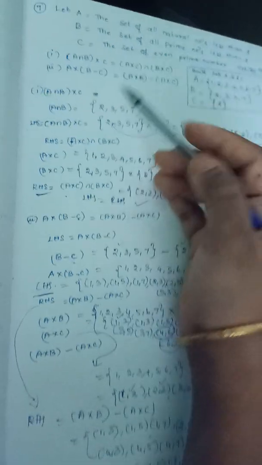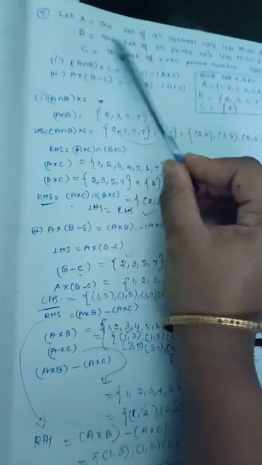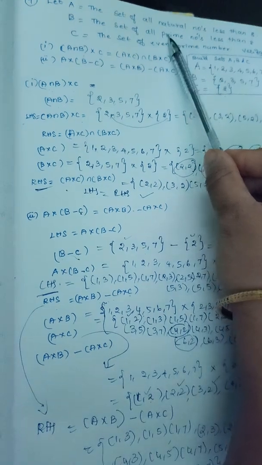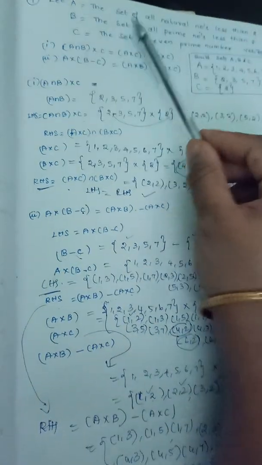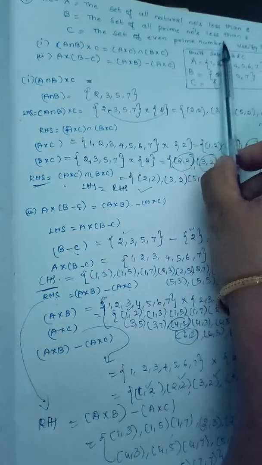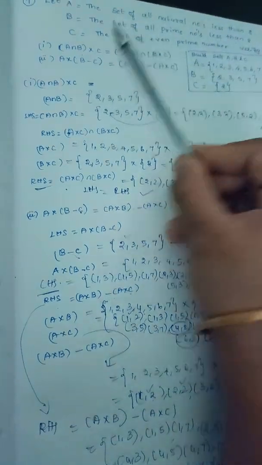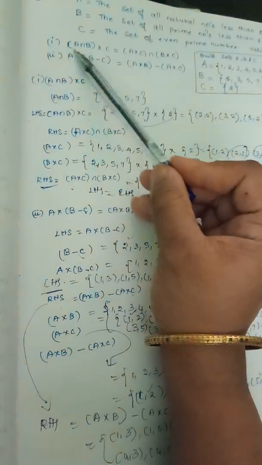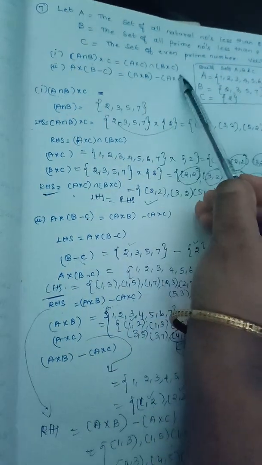So in 10th standard they will ask a 5-mark question, right? They will give the sets like this in set builder form or descriptive form, okay, or roster form also they will give, but mostly you will get the descriptive form or set builder form. The first part alone they will ask because it will be very lengthy. First part will be a 5-mark question, okay.